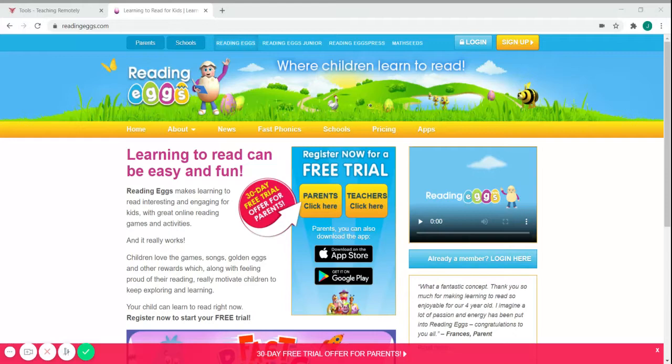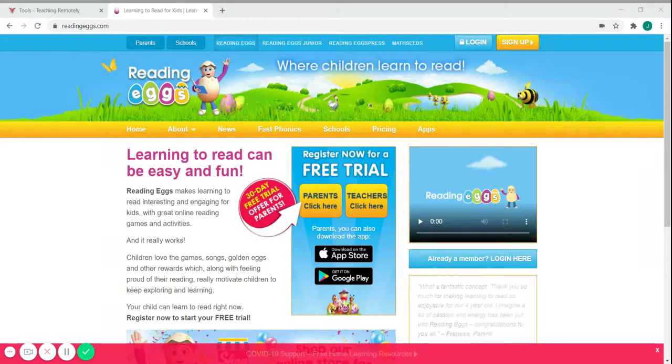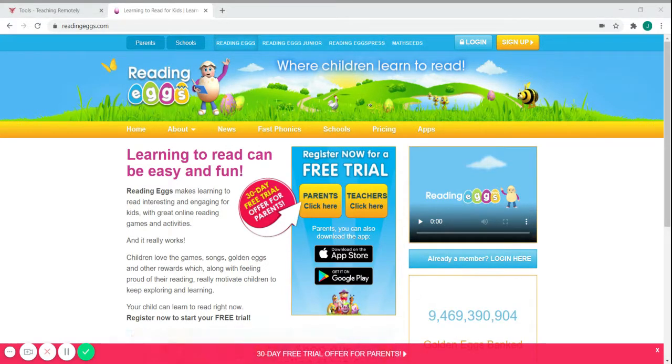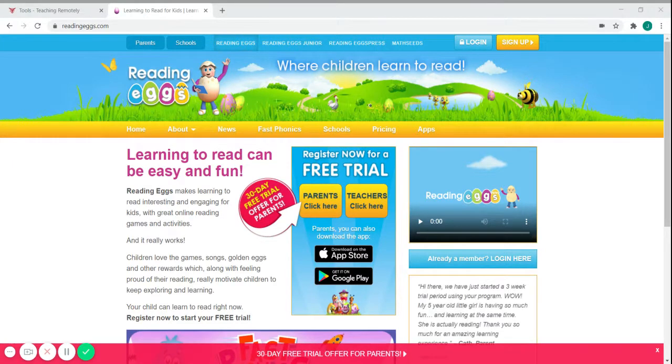Garden parents, I would like to show you how to use a program called Reading Eggs and Math Seeds to help your child when we have e-learning at home. This program is something that we use in class as well. When you go onto the iPad, you are going to click on the little egg app,